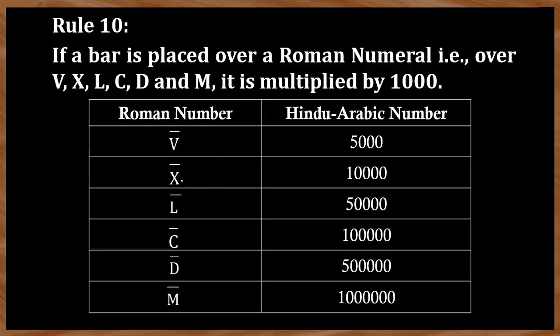This is 10,000. If you want to write 9,000, you can write 9 and keep a bar above that, which is 9,000 also. Okay, if you want to write 8,000, write 8 and write a bar above that. That is also 8,000. One more method is for that. How to write 8000? Write 5000, 6, 7, 8000. This is also 8000. Okay. So two methods you can use. So these are the ways of writing the numbers in thousands.